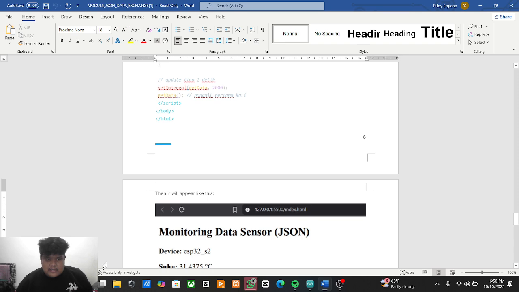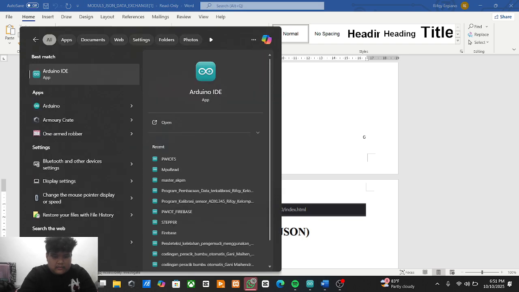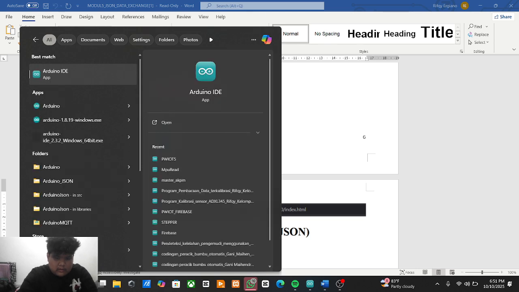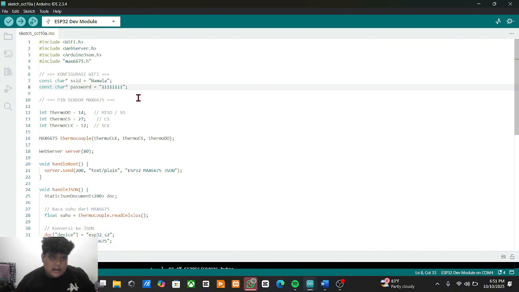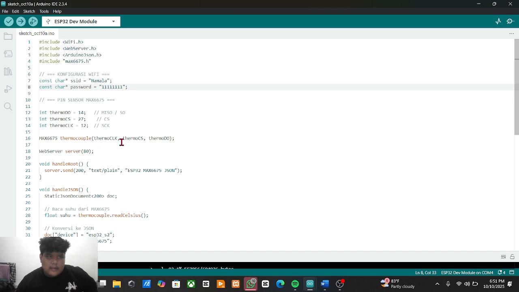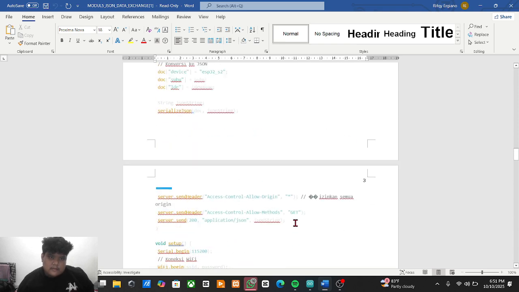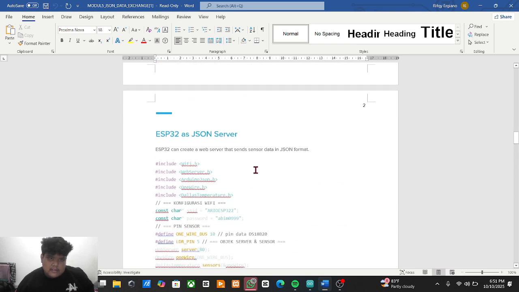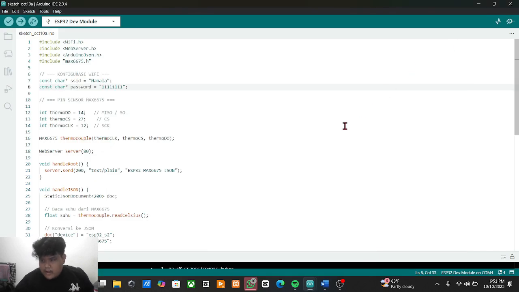First, we go to the Arduino application. The code has been made before, and we use this code for Arduino.